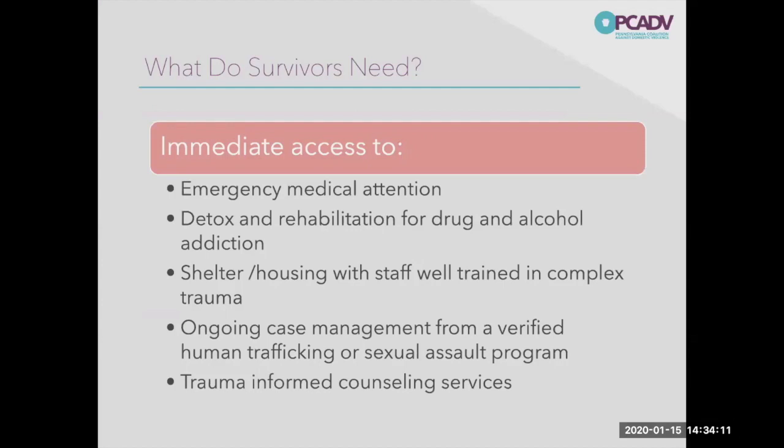The first thing I always like to discuss is what do survivors need? This is going to look different for every individual, but by and large, we need to consider that a survivor of human trafficking, just like a survivor of domestic violence, may need emergency medical attention. We know that very consistently, survivors of human trafficking do not have reliable access to medical attention. So even if they haven't experienced a physical assault, they may need a checkup. They may be at risk for STI. They may have previous assault that was never treated, so they have high risk of traumatic brain injury.